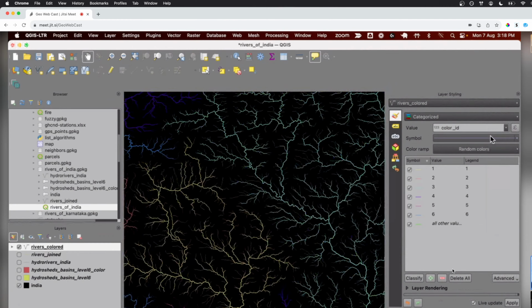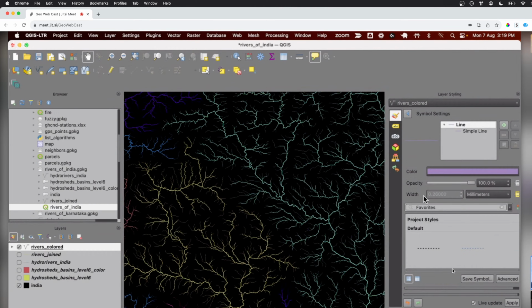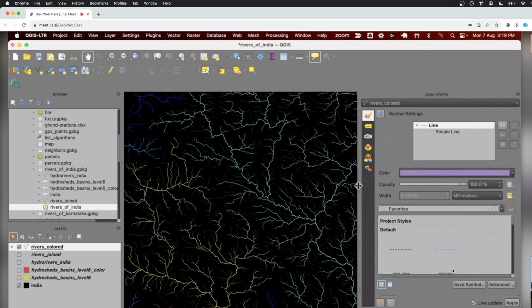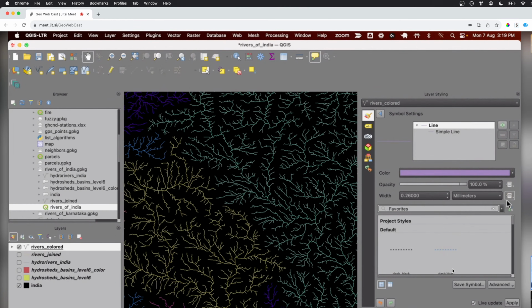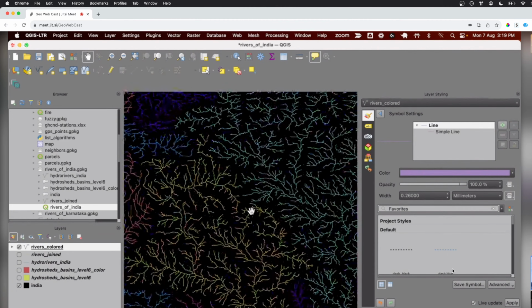And again, I can say, don't have a static width. QGIS has this feature which is kind of amazing: any configuration option that you see in your styling tab or labeling tab, or even in processing tools, wherever you see this box, it is called data defined override. That means you can override the value of that number based on an expression or an attribute. Right now I've turned it off, so you can see each line is equal width. But I said, no, don't do this. I want the width to be determined based on some attribute.